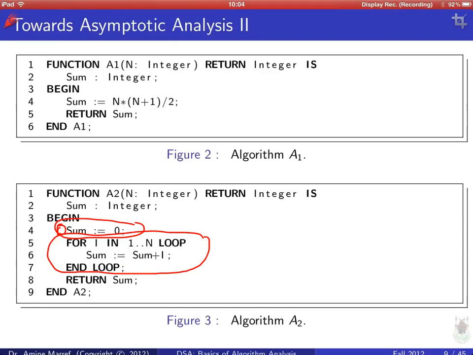And by asymptotic analysis, if you remember, we talked about absolute efficiency and relative efficiency. So sometimes we say an algorithm is efficient no matter what, and sometimes we say, well, these two algorithms solve the same problem, but the first one is more efficient than the second one. Okay? So we have two things for which we are going to use asymptotic analysis: to decide whether an algorithm is efficient or not by its own, and to compare the efficiency of different algorithms that solve the same problem.